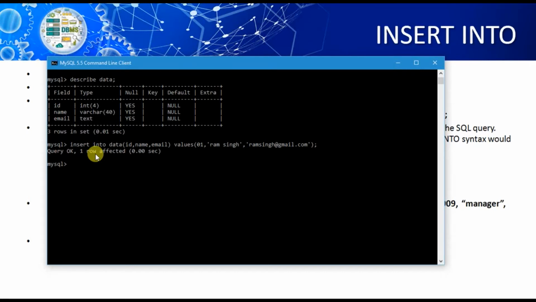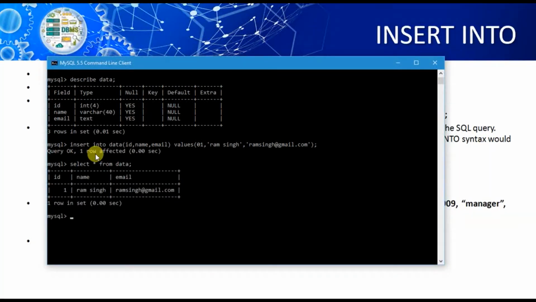So select asterisk from table name. The select query is a type of DQL command, data query language. We will study it in our future videos. But now I'm telling you the use of the select command because here we want to display the data which we were saving in the table. So select asterisk from table name. The table name is data, and hit termination. After that hit enter. Look at here, the details which we saved are here inside the table.